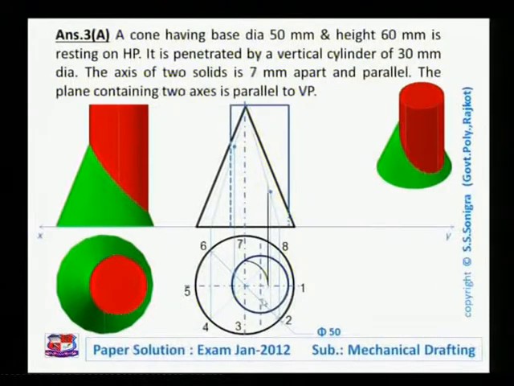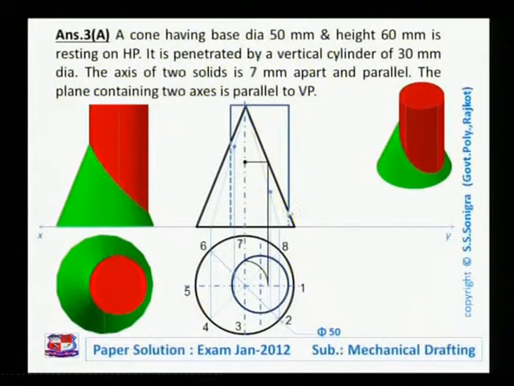And from this point, draw a straight vertical line, and this vertical line will cut O1, which represents the true shape or true length of the generator up to here, that is O1. And from this true length of the generator, draw a horizontal line, and that will cut this O7 or O dash 3 dash at this point. O7 dash and O dash 3 dash would be on the same line. So we have located this point.